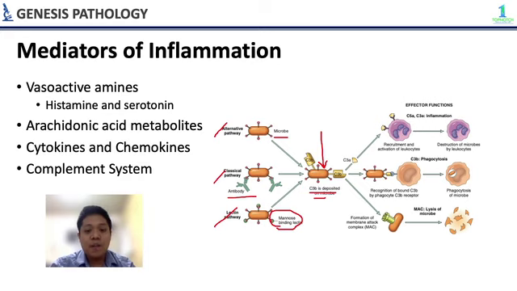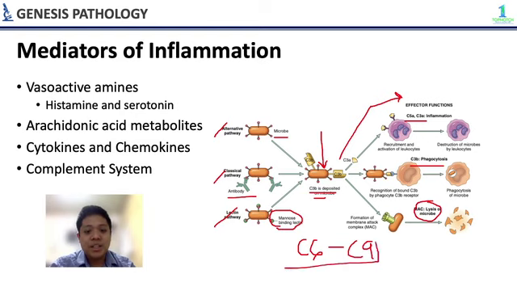Tapos, yung mga effector functions niya, first is inflammation using C5a and C3a. They are also called anaphylatoxins. C3b for phagocytosis or the MAC or the lysis of the microbe. MAC uses C6 to C9. So, mga late complements yung mga yan. Kapag nagkakaroon tayo ng deficiency in C6 to C9, hindi makaka-form ng MAC. Tapos, magkakaroon ng susceptibility to Neisseria infections.